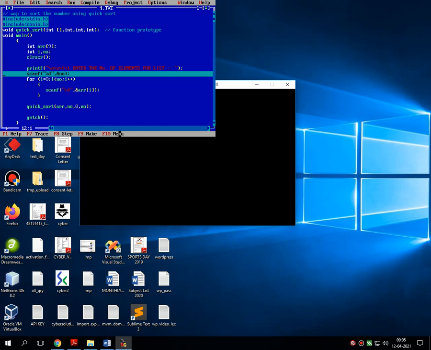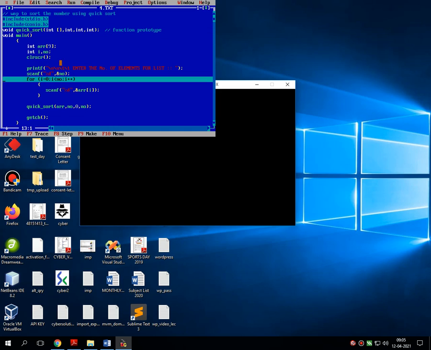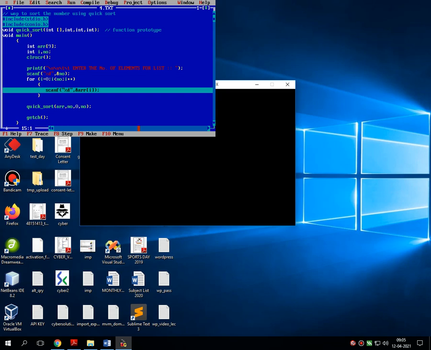First, one message came onto the screen, enter the total number of elements for a list. That means, say for example, suppose over here I have entered 5, then this 5 is going to be stored in this local variable called number. So number is utilized over here. This for loop starts with 0 and repeats less than 5 times. That means this for loop will store any 5 unsorted values in a one dimensional array using this scanf statement, that is scanf %d array of i.